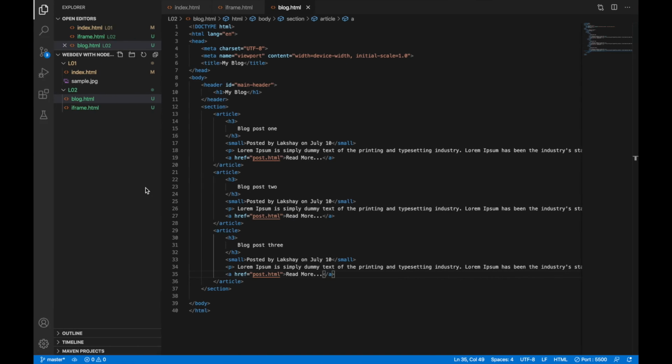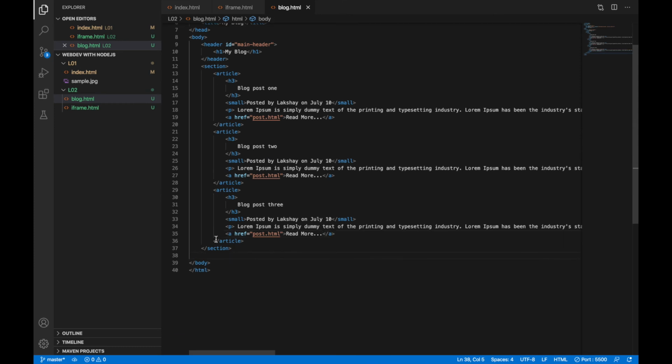Now after this section has closed, we will use the aside, I'll name it as categories, on our list, and add a few links to it.